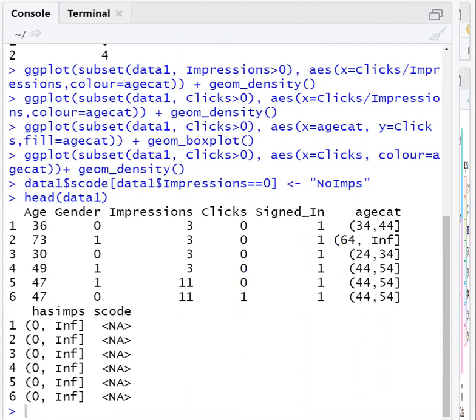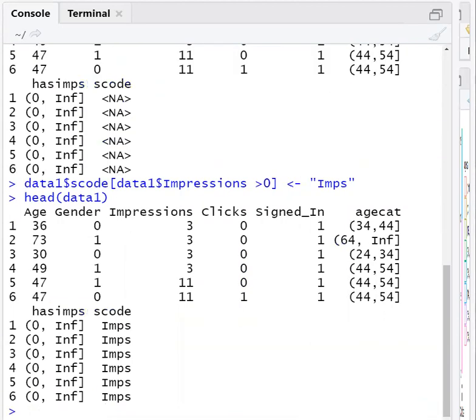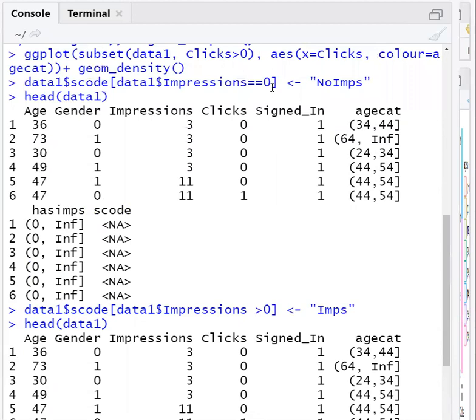So we'll add one more category, that is impressions. So no impressions, impression, but still in the head. Impressions are present. Why we got NA is because in all this we mentioned only one condition, that is impression is 0. But what if impression is present? We need to mention that one also.